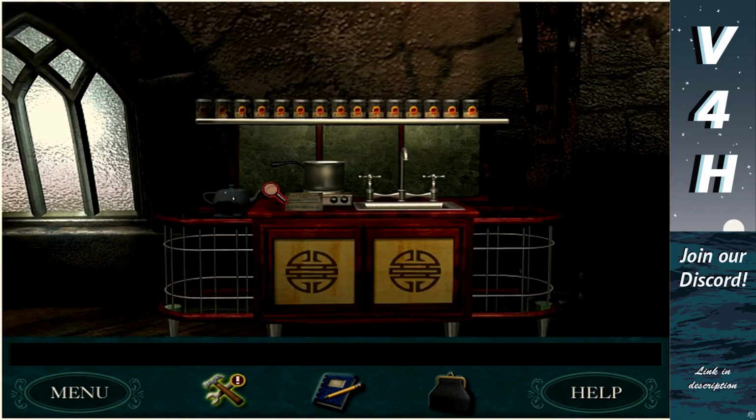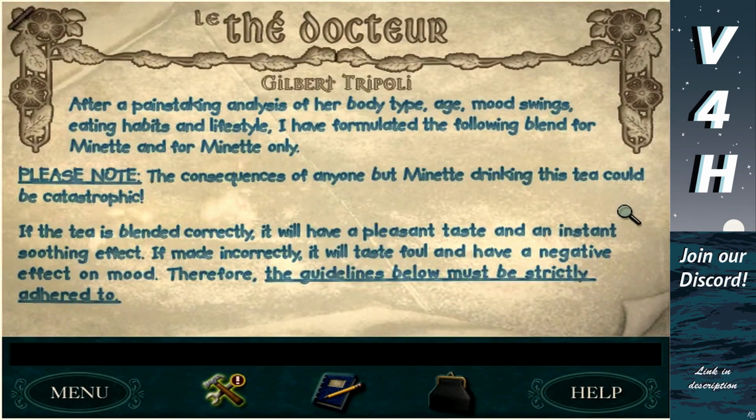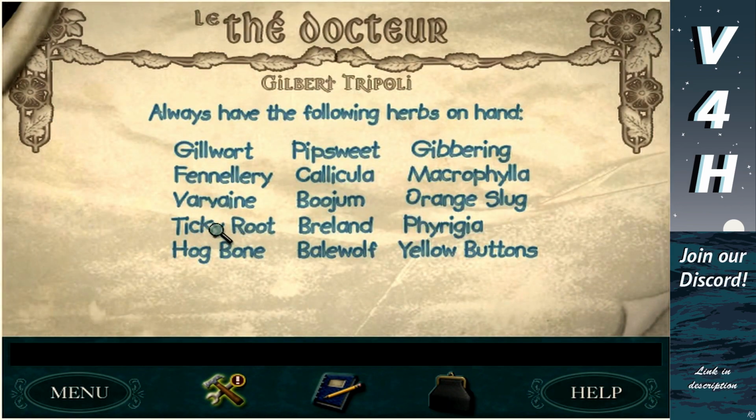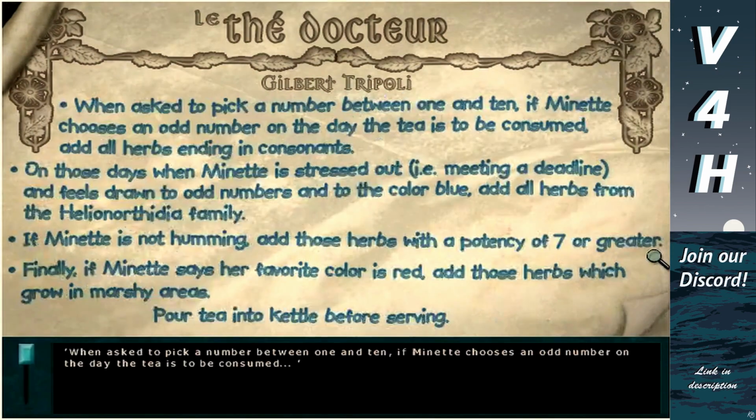Okay, well, she's right-handed today. Okay, what is the right-handed stipulation? Add herbs from the gaviform family. Alright, back up. This does not help. Literally none of these words say gaviform. Are you shitting me? When asked to pick a number between 1 and 10, if Minette chooses an odd number on the day the tea is to be consumed...